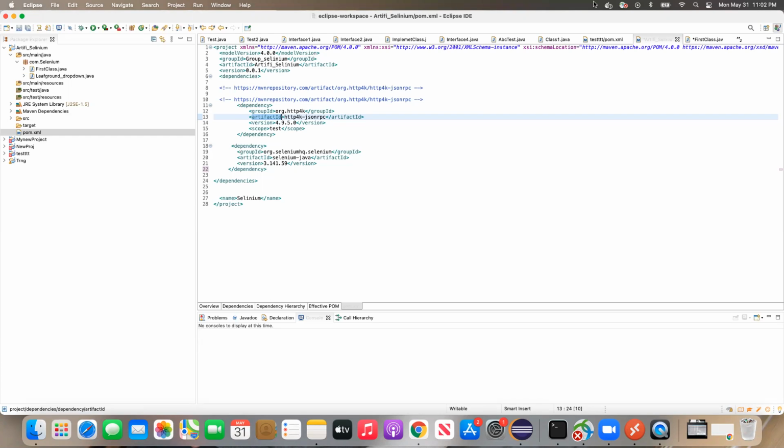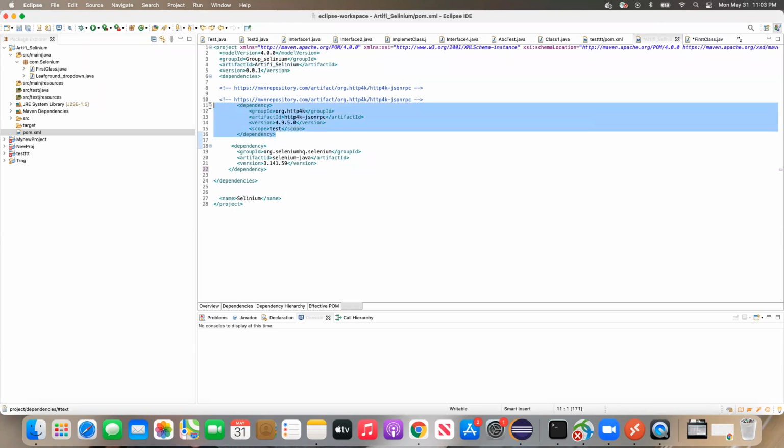It's very simple. See, Pranusha, you said one answer, that artifact ID is a project name. So this is the project name of yours, whatever project you have created here, artify_selenium. This is the same project ID which we have used here. That's perfect. Now, in this dependency you are seeing, nothing changes; everything is the same.